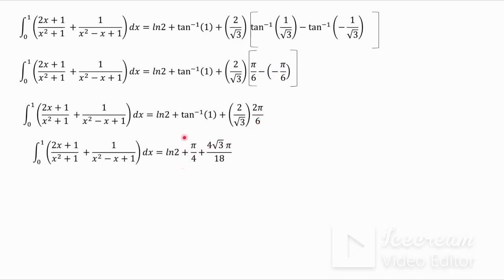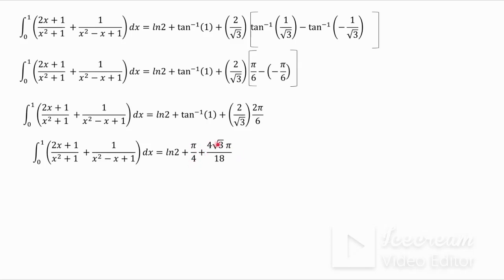We know tan inverse of 1 is pi divided by 4, and removing this square root on the denominator, that is multiplying both the numerator and the denominator by square root of 3 for this operation, we are going to have the square root of 3 times 4 times pi, that is 4 times square root of 3 times pi divided by, in the denominator we are going to have 3 times 6, which gives us 18. So looking for the LCM between pi on 6 and 4 pi divided by 6 plus 4 square,